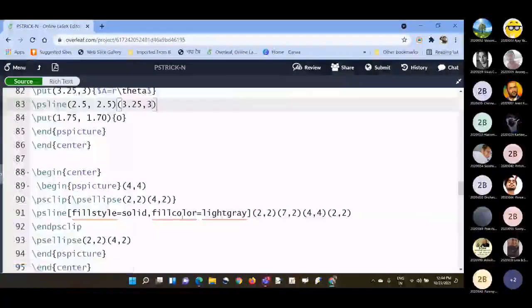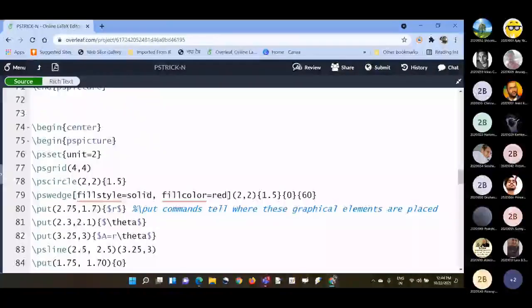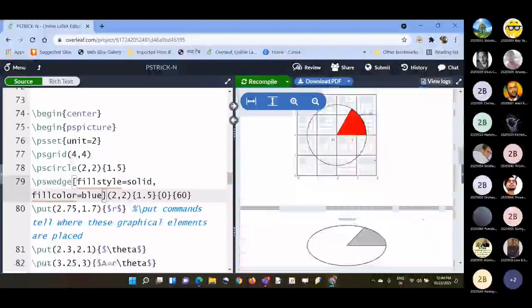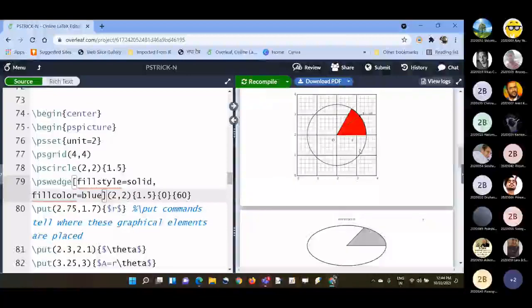So color argument you can give in this square bracket: fill style solid, and fill color red. You can write green or blue also. If you are writing blue, you can see the changes.